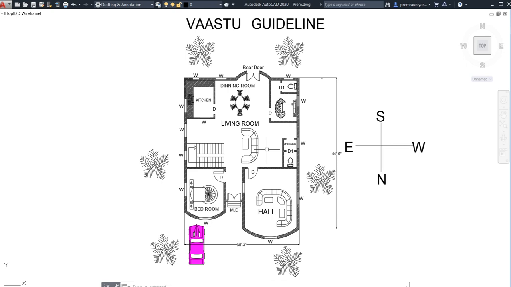In this tutorial you can see I have mentioned the main door as well as the rear door. Rear means the behind, the last door. This has two doors for entry and exit. No worry, you can exit from this also. So my appeal to you, please follow the Vastu guideline and work according to that.